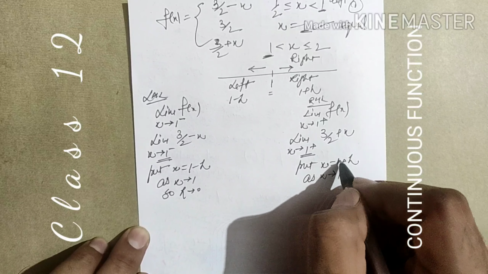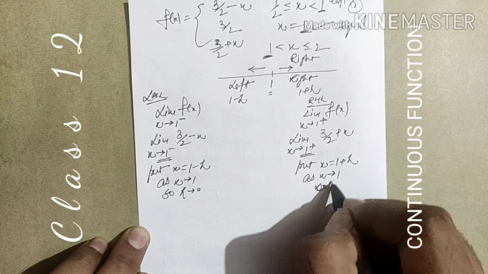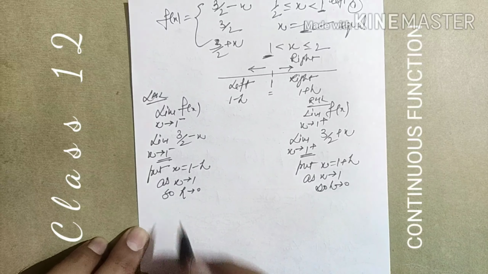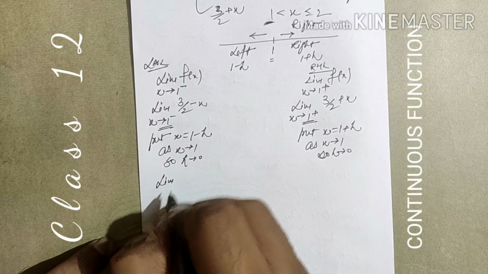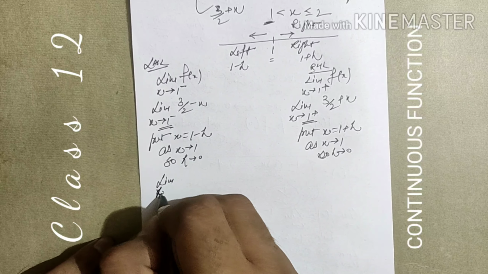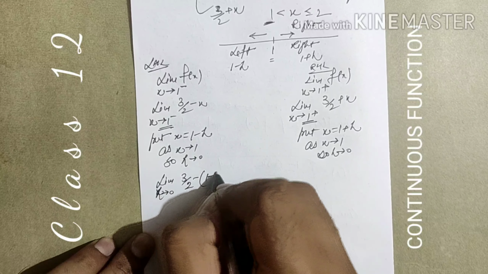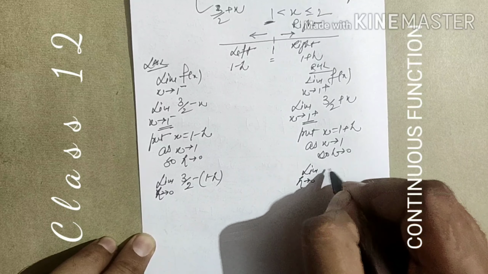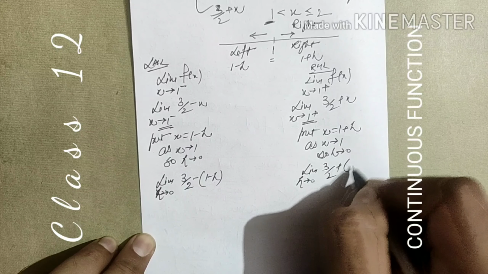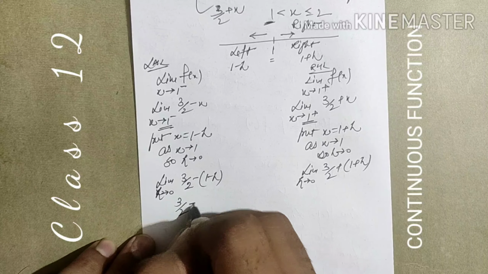Because when we put x equal to 1, the 1 automatically cancels out, so the value of h becomes 0. That's why, 100% after substitution, the limit becomes 0. So we get here the limit as the variable h tends to 0, 3 by 2 minus x replaced by this one. Here, the limit as h tends to 0, 3 by 2, x replaced by 1 plus h. When we use h equal to 0, we get this one.